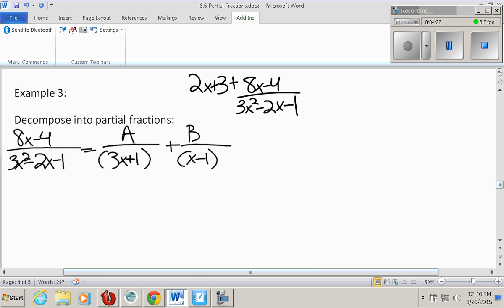Now we want to combine those 2 fractions on the right, so we're going to multiply this first fraction by x minus 1 over x minus 1 and the fraction to the right in order to get common denominators. Which leaves us with